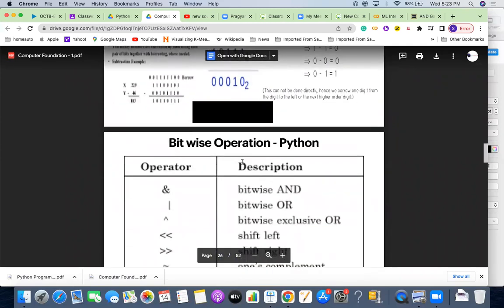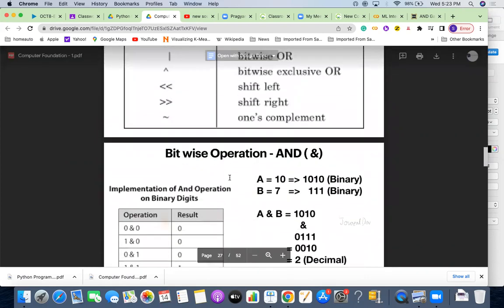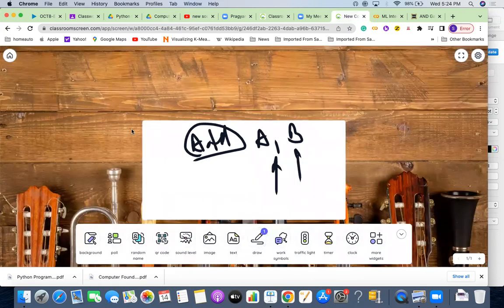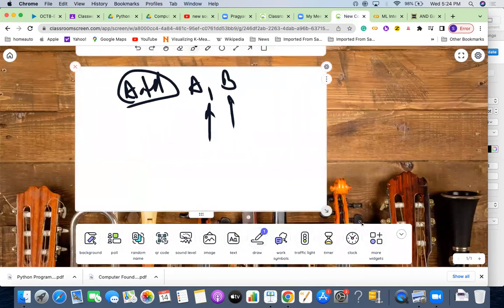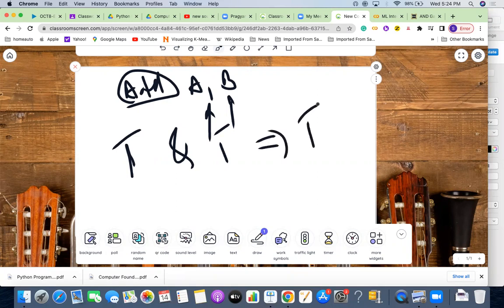And what are the logical operators? Logical operators also do a kind of bitwise operation. Do you know what bitwise operators are? Yes, sir. So there are logical operators and there are bitwise operators. I will explain again when we discuss operators in Python. Logical operator means if it is true and true, the logical operator will give the result true. In the bitwise case, if you take a number and another number,